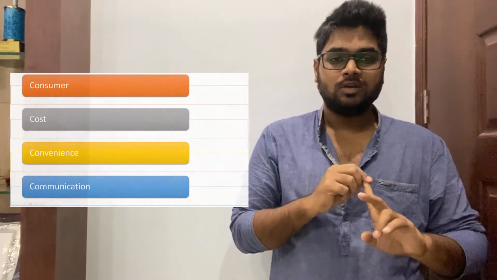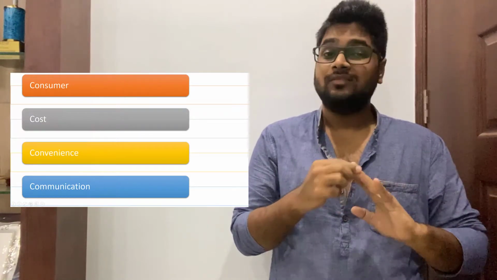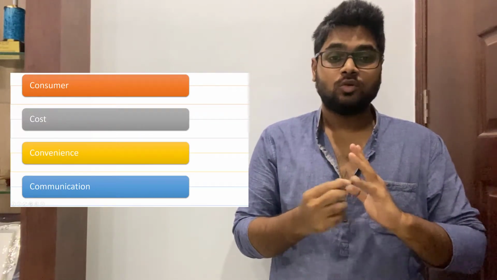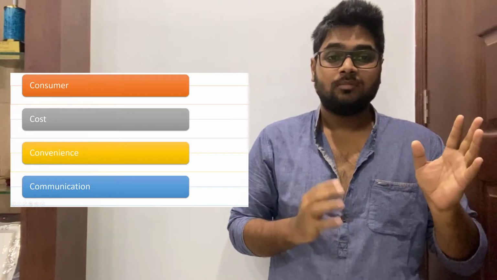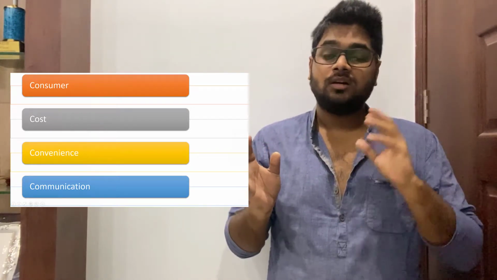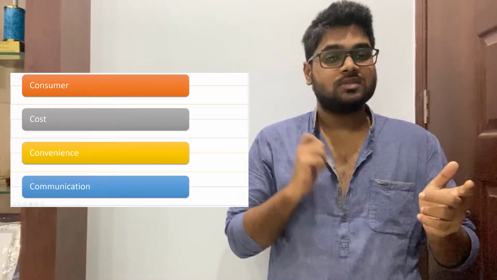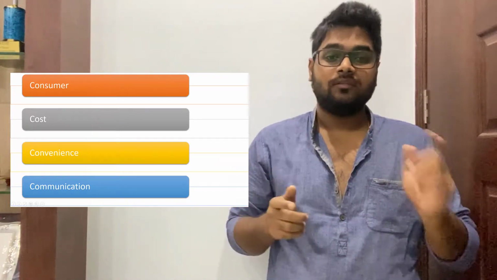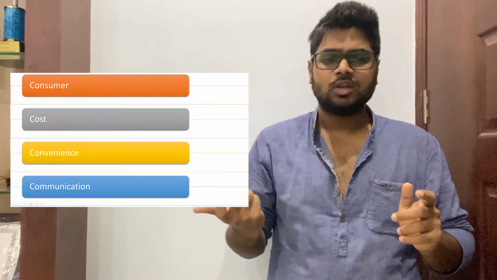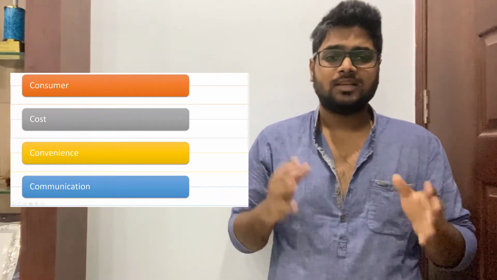This happens a lot in marketing, where you can say the same thing in many different ways, and people get confused a lot about it. So the 4 C's are basically the consumer, the cost, the convenience, and communication. Acceptability becomes consumer, affordability becomes cost, accessibility becomes convenience, and awareness becomes communication. So it's basically down the same line.